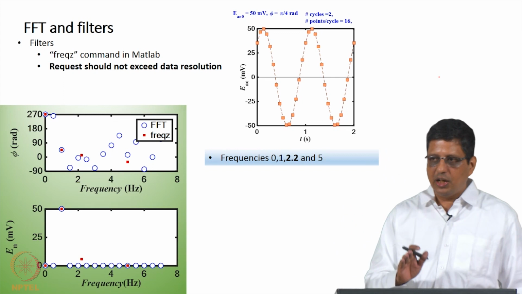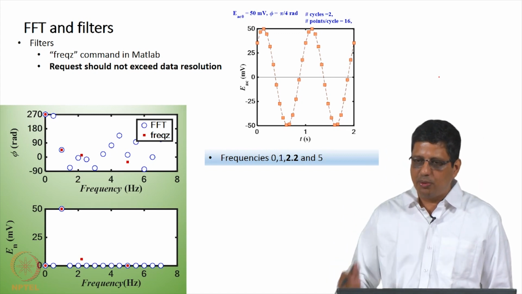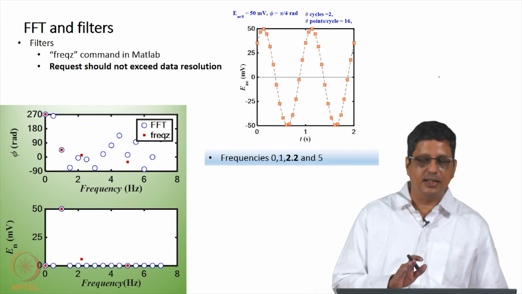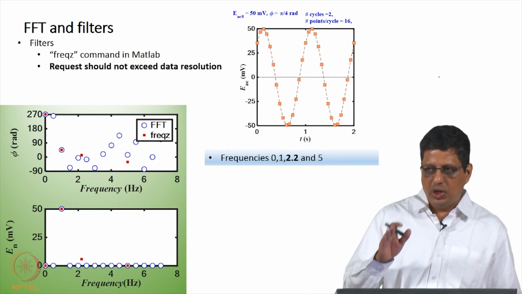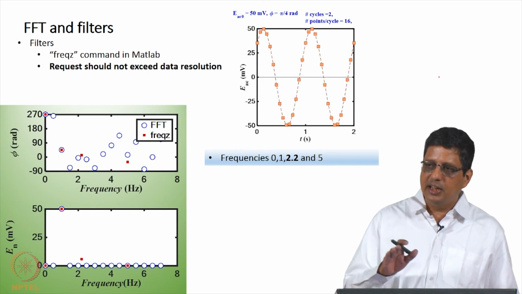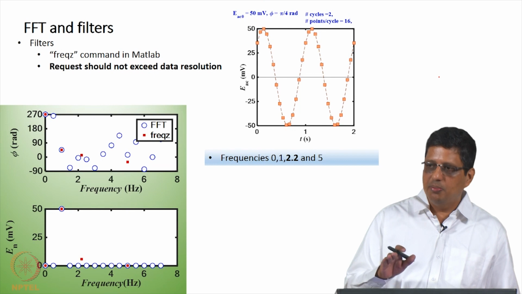The problem is, if I give a wrong request, I will get the wrong data and probably I will proceed with the analysis without knowing that there is a problem. That is more dangerous. If you do not get any data, it is okay. You have a problem, but you know that you have a problem. Danger is when you get data which is not correct and you assume or believe it is correct.